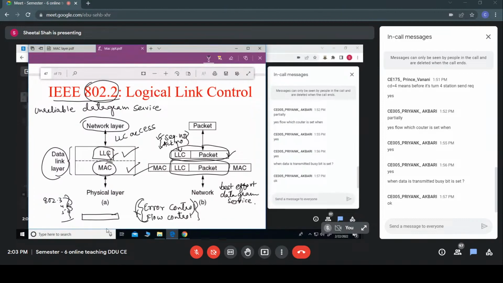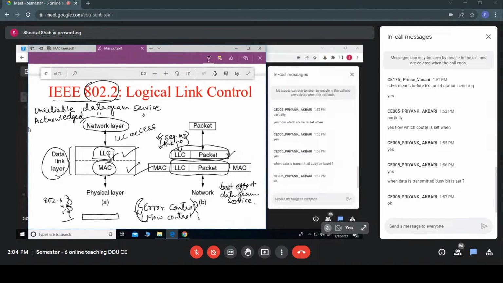In this case, if the packet is lost or the frame is lost, it doesn't bother. Or it can be an acknowledged datagram service. That means a timer can be set by the sender. If it does not receive the acknowledgement from the receiver, then it may do some task like resending the frame,